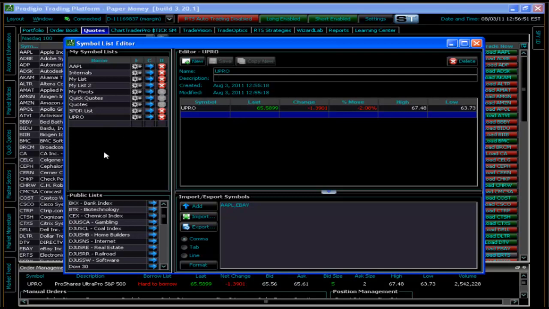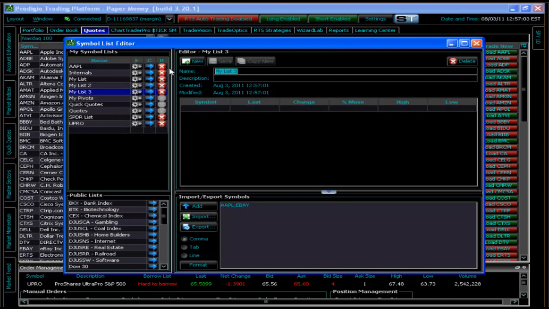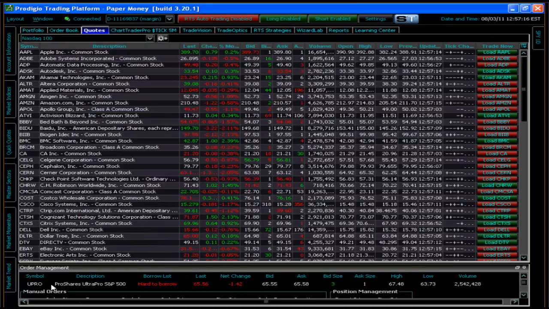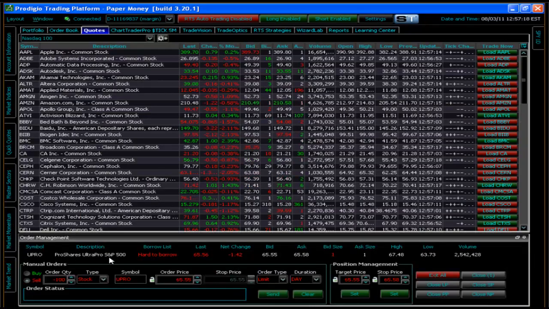UPro is kind of like my long-oriented ETF, but notice this is a hard to borrow stock with good reason. There's also, I'm making a new list here. I think it's SPXU. That should be the ultra shares short. And let me save that. So let me close this here. And UPro, let's see, ProShares, SPXU,